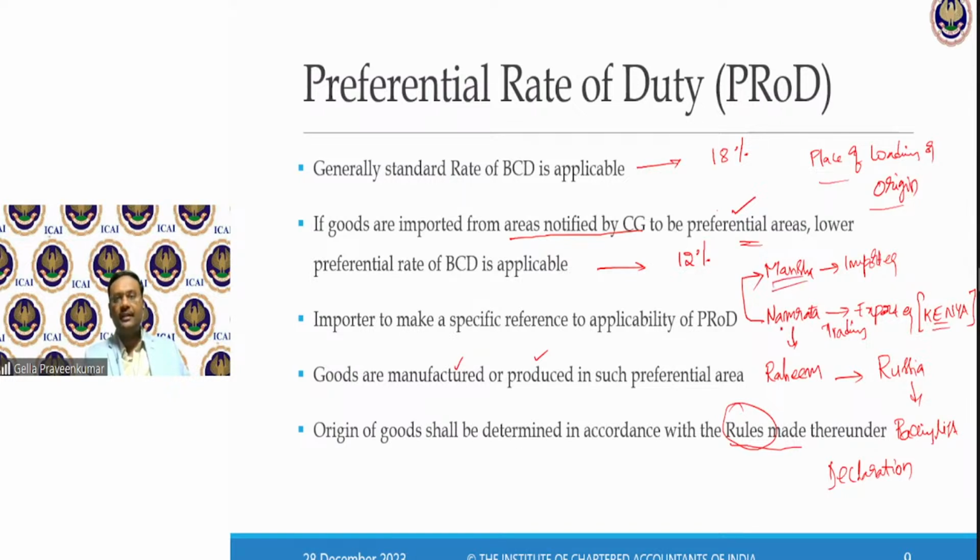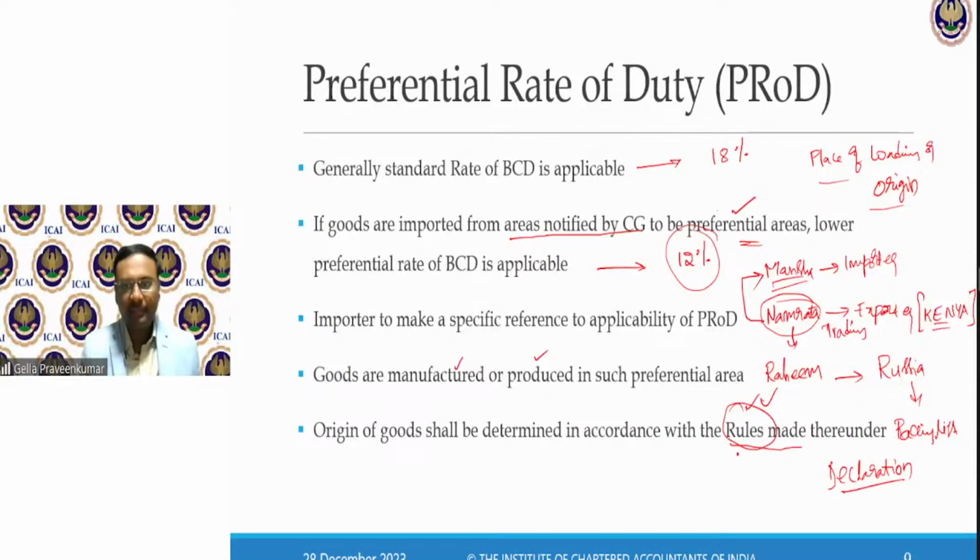So the importer will take a declaration from the exporter saying that, look, I have the advantage of a preferential rate of duty. As per the rules prevailing in India, you as an exporter need to give a declaration saying that these goods are manufactured in this particular premises of yours and those goods have been exported. Now, what is relevant here when I talk about this? What we're reading is this provision is theory.